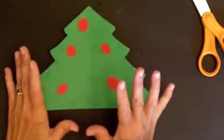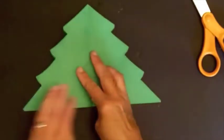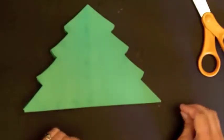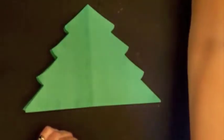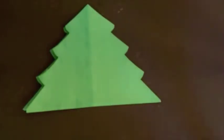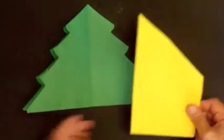I really should put more on, but I want to show you that what we do next is you turn the page of the tree. See, now we have another surface that's not decorated, and we need to decorate that one too. And so we can draw some other ornaments. Ouch. Okay. Okay, I have a scrap of yellow paper here,